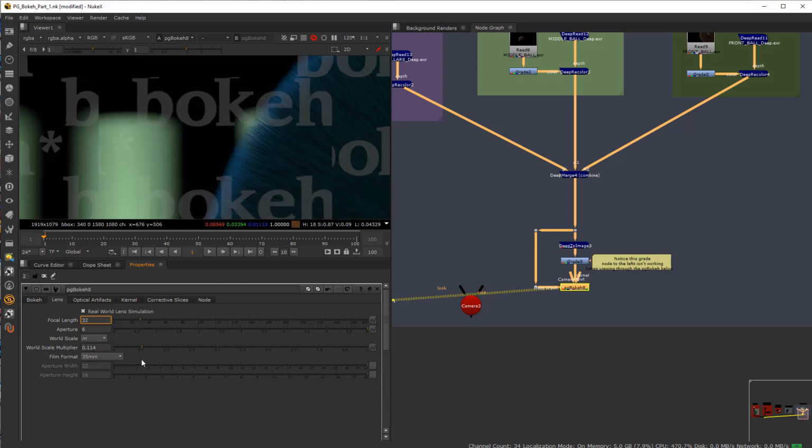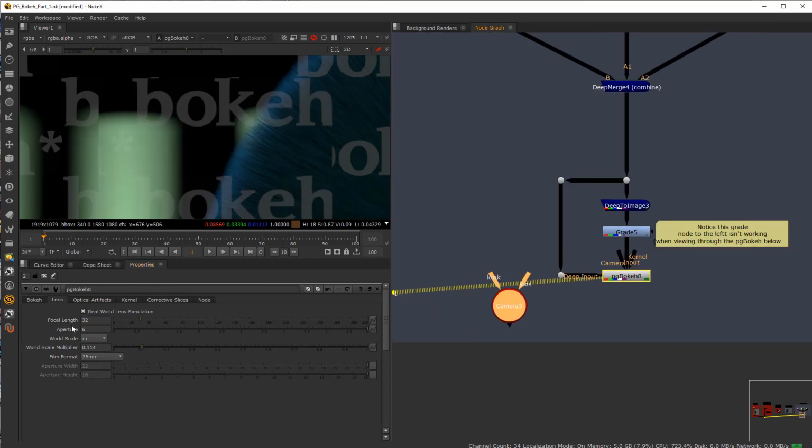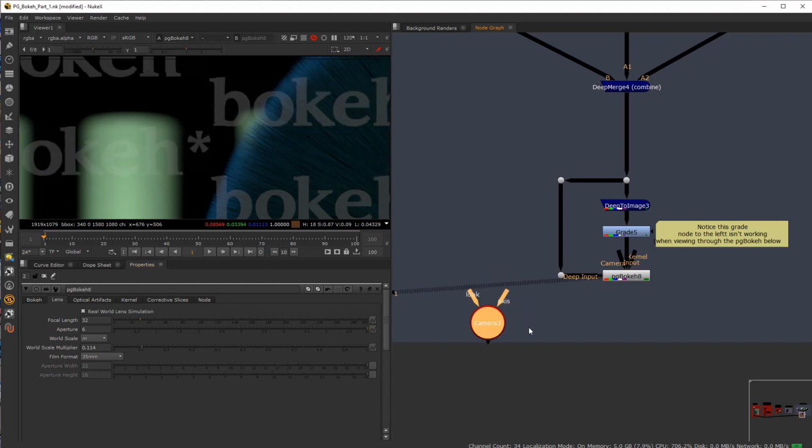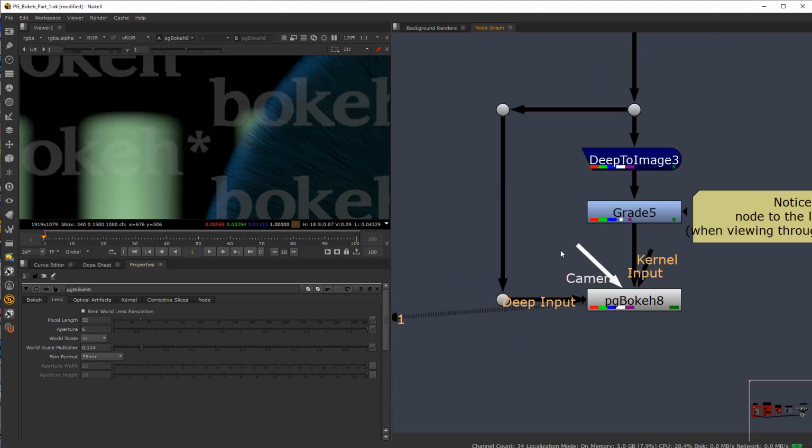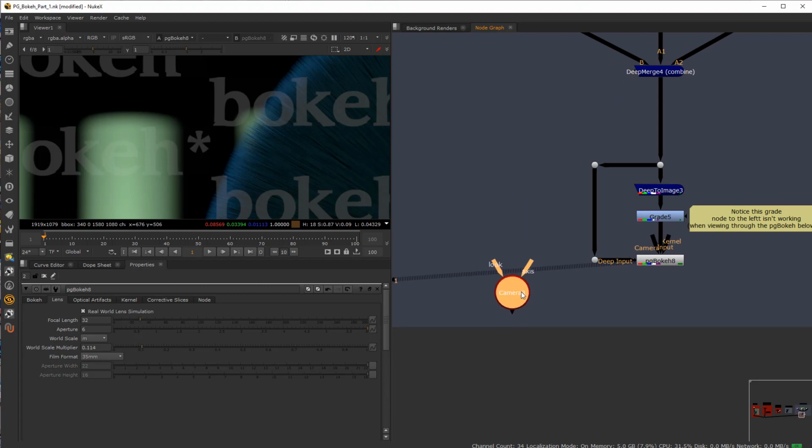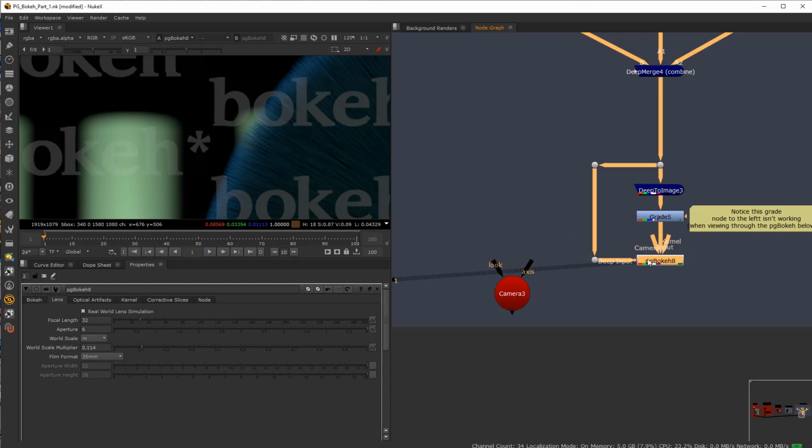Now, as far as what's in focus, what can work is you can finally plug in a camera node. Again, you can export a camera from Houdini, and so you can plug it in. Now watch what happens when I do this. So you can see this PG Bokeh, see the focal length, all this. Watch when I plug this in